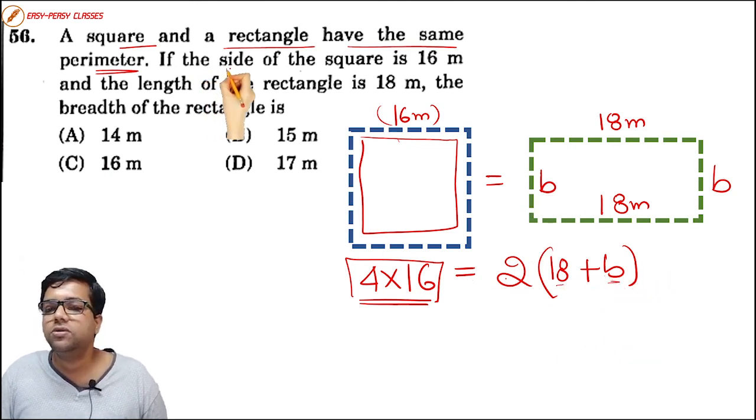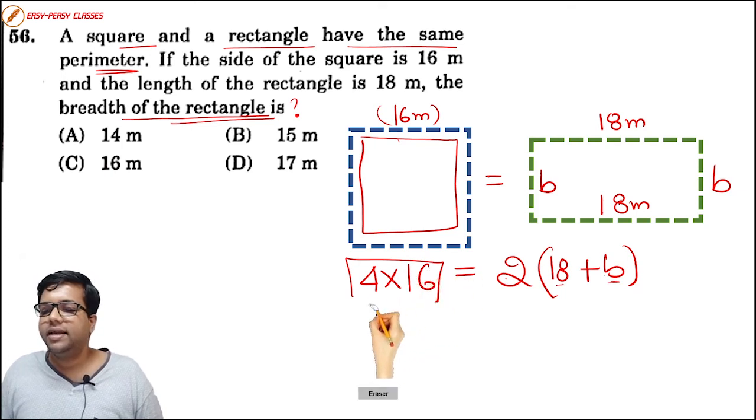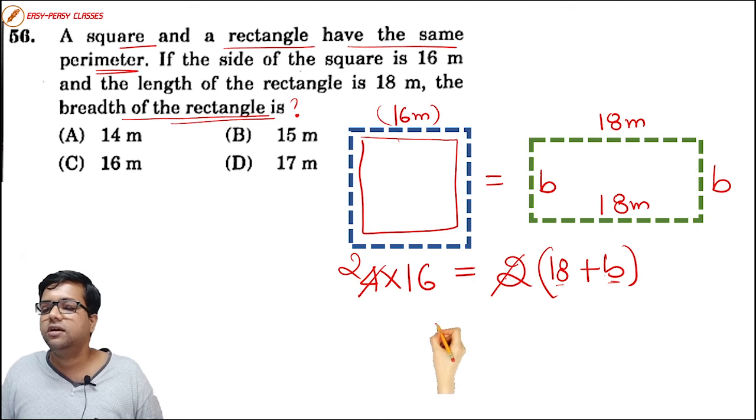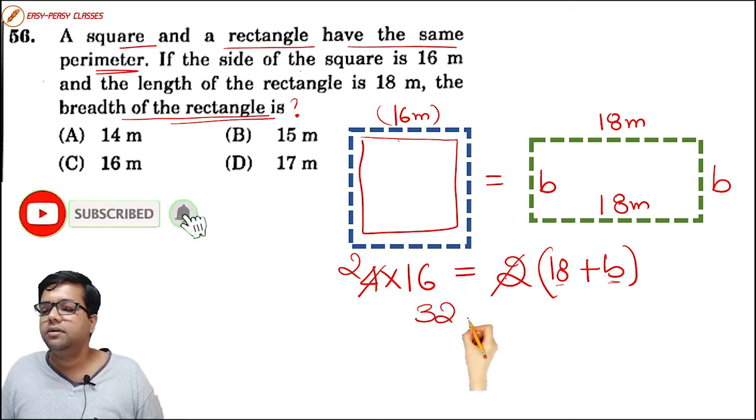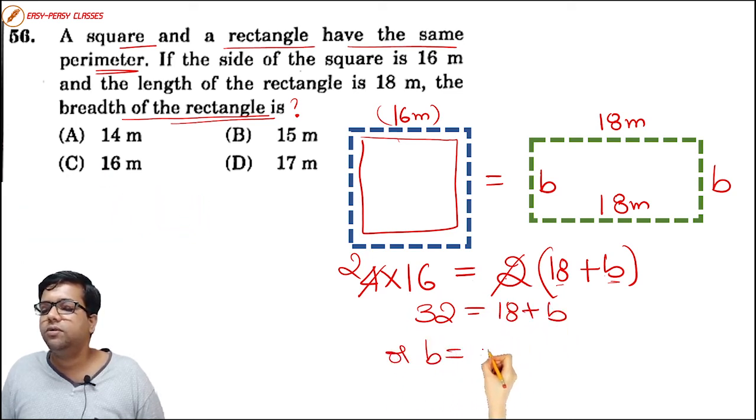And in question also, what is asked? The breadth of the rectangle is asked. So you just have to solve this equation. You will get the answer. So you can directly divide this by 2. 2 ones are 2, 2 twos are 4. 16 twos are 32 is equal to 18 plus B, or B is equal to 32 minus 18, which